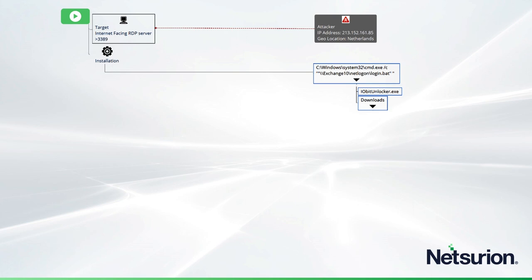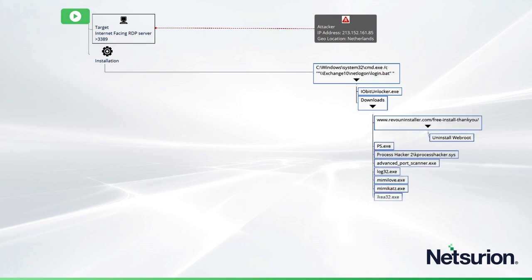And this in turn is what triggered that alert back up to our SOC and started to pay attention to it. What's the first thing they do? Use the Revo uninstaller. This is a popular uninstaller. It's used to clean up some of these uninstalls that aren't clean and leave traces and patches around. There's a free version of it, they're abusing it, and they used it to uninstall the legacy antivirus. And then, of course, they dropped a bunch of tools, including Mimikatz and Mimilove and fake drivers like IKEA 32